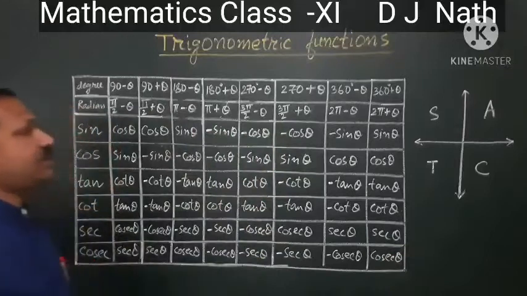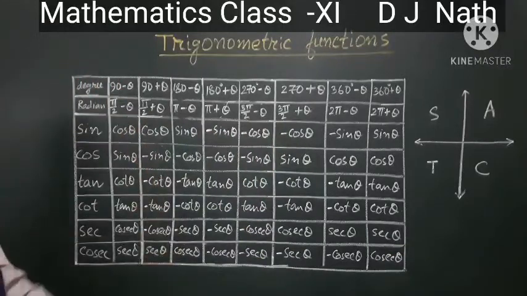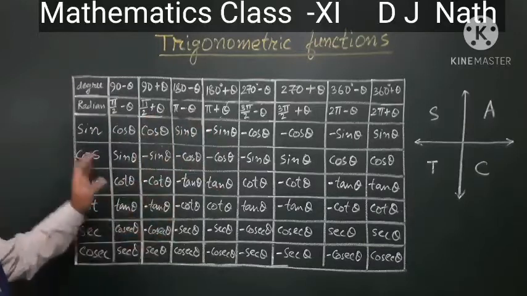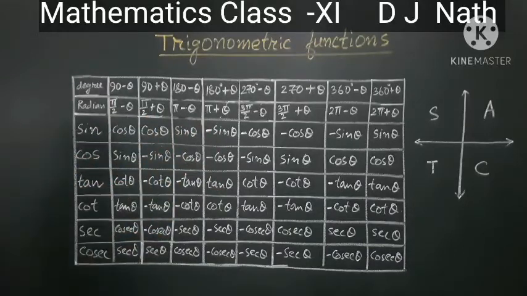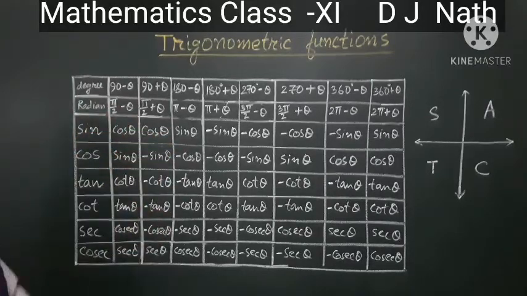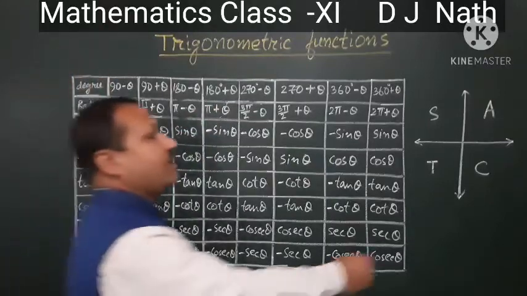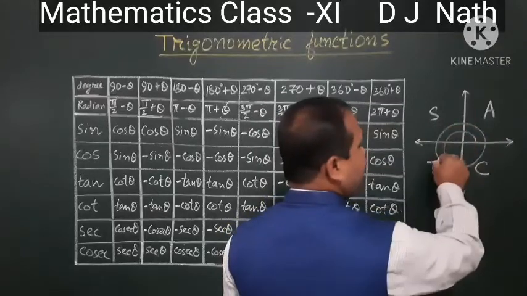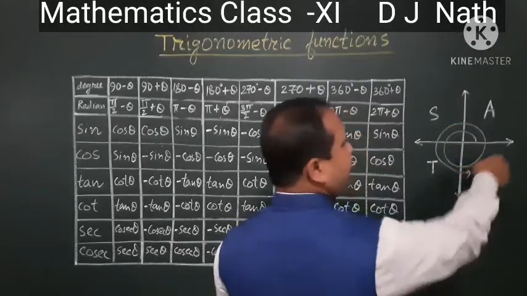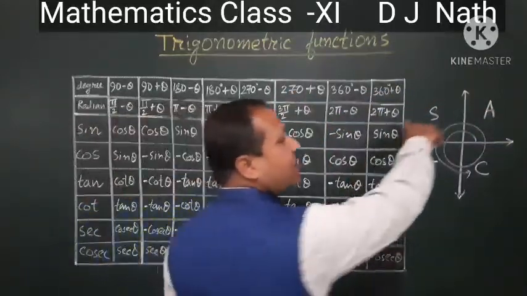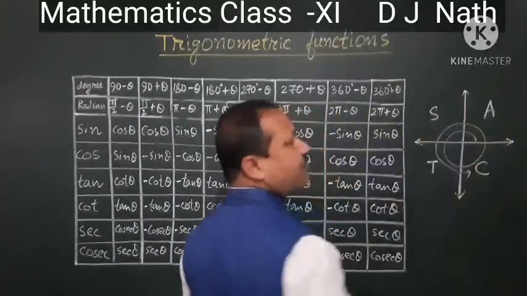So this is why I have shown this table, to get the idea about the sign and the complementary changes. To remember, this is only up to 360 degrees. We can go the same way and proceed to more angles also, by rotating anti-clockwise. When we rotate clockwise, the angle will become negative.